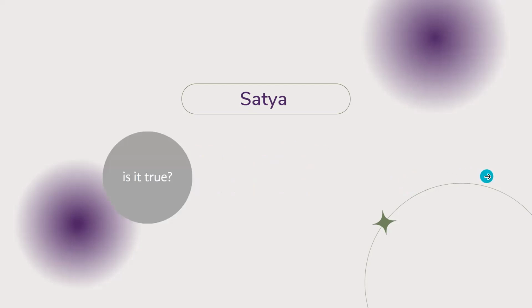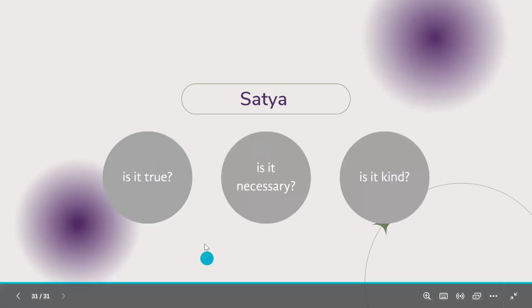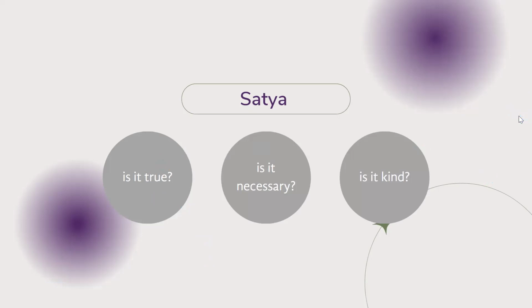So this comes to these questions, which you may very well have come across before, often attributed to the Buddha, but with no absolutely clear provenance. Often these are posed particularly as a rule of thumb for when you're interacting with others, but equally applied to interacting with yourself. Is it true? Is it necessary? And is it kind? I'll just leave that there. And again, if that resonates, you might want to spend some more time reflecting on that.